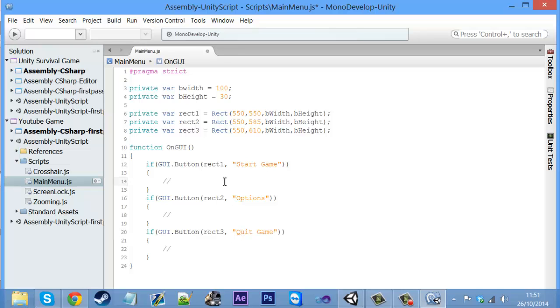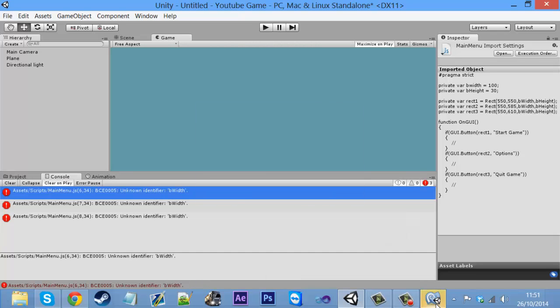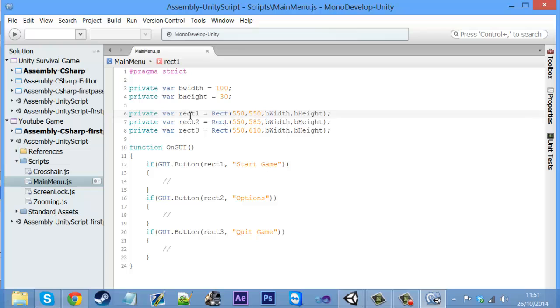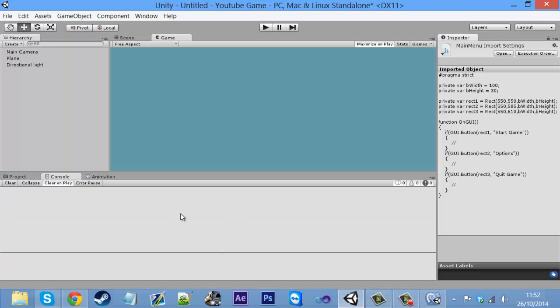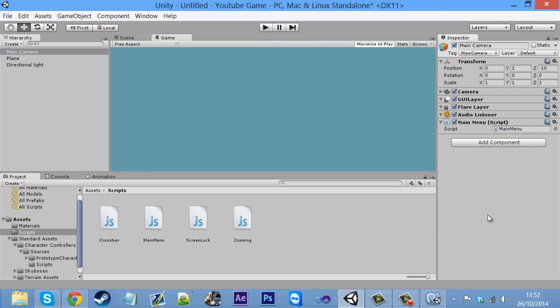So inside start game, right before we do this, if I save it and come back into Unity, if I click on b width, unknown identifier b width, where is this? Alright, so I missed a capital W there, and remember this is case sensitive. Yeah, there we go. So if we just click on the main camera and drag the main menu script in,